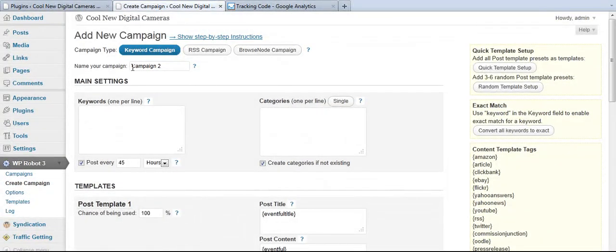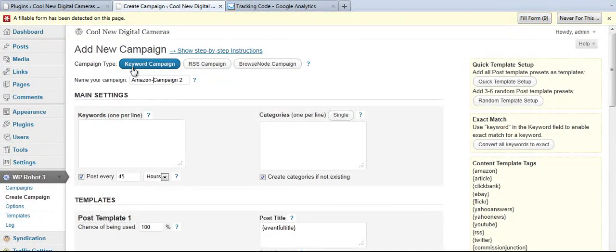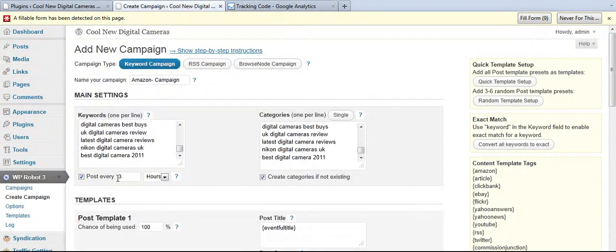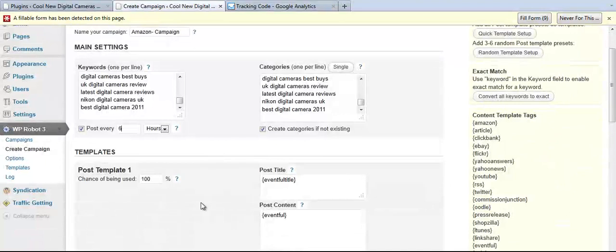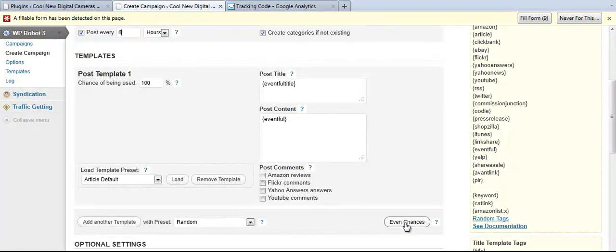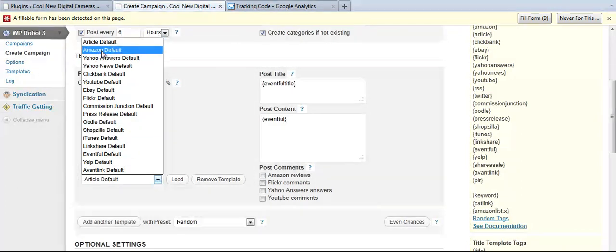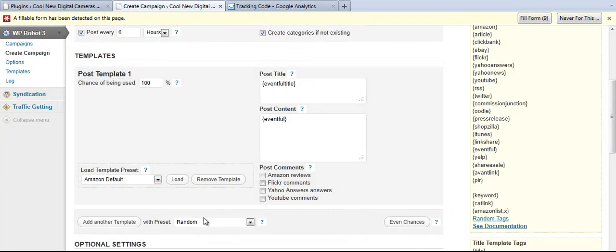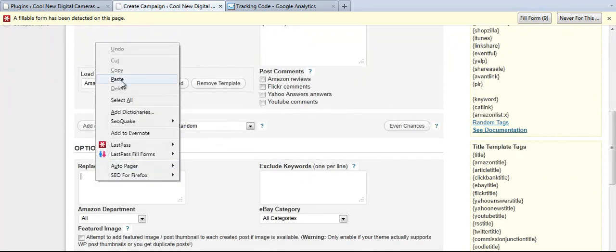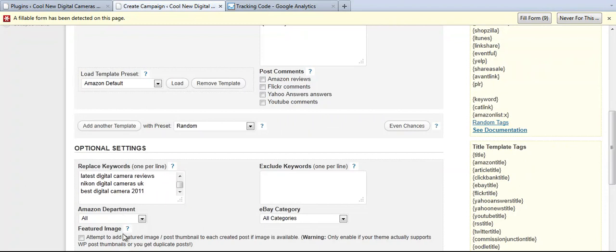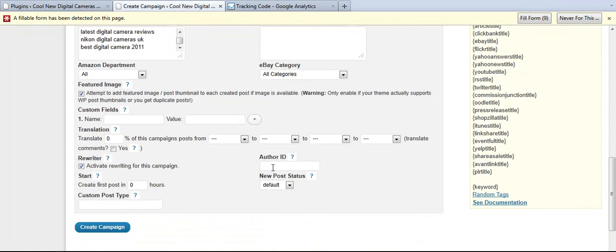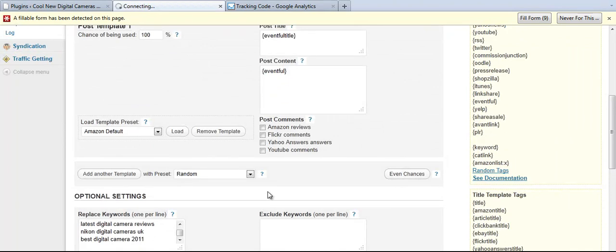And this one is going to be an Amazon campaign. So same keywords for this one. Categories will be the same too. This will be every 6 hours as well. And where it says add another campaign, we want to make this just an Amazon one. Just go through ticking the same boxes, rewrite, author, Sifu Lee. Start posting in 3 hours. Okay, so click on even changes. We want a random,